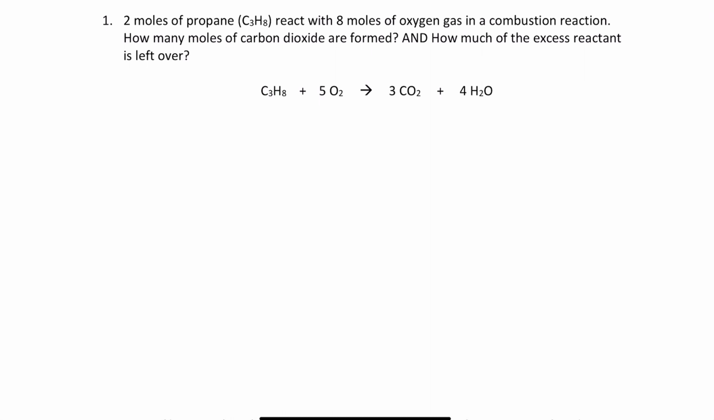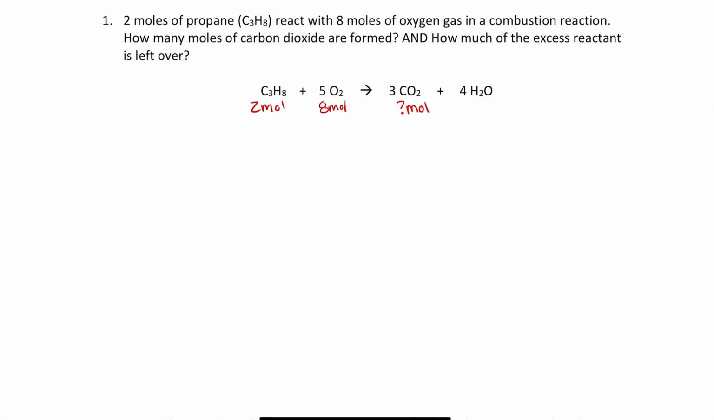So the first thing I want to do is pull all the information I have for this problem out, and write it underneath everything in my chemical equation. This chemical equation is balanced as it is. I have 2 moles of propane, and it's telling me I have 8 moles of oxygen. And it wants to know how many moles of carbon dioxide are